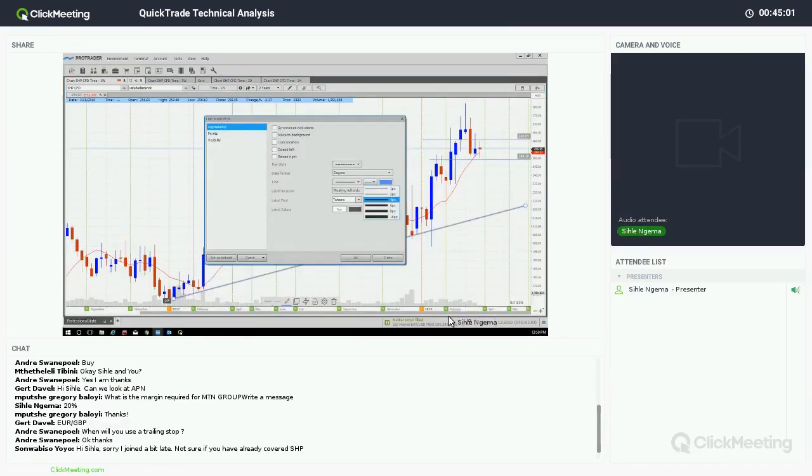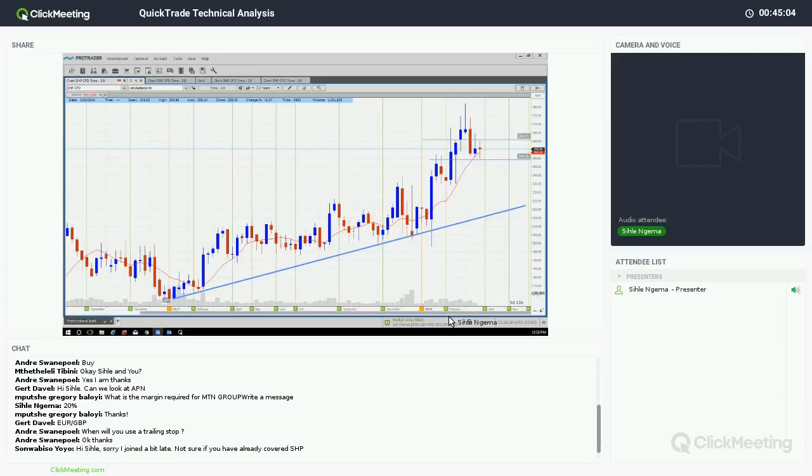Although I cannot rule out the fact that if we get a close below 250, maybe at the end of the week, or we get the close below the simple moving average very soon on a weekly time frame, there's a good chance that it could come down to 230, 225, unless this market decides to push higher over the next few days. If it does that, then there's a good chance that we're going to see the prices moving higher and not coming down. But the way I'm looking at it now,